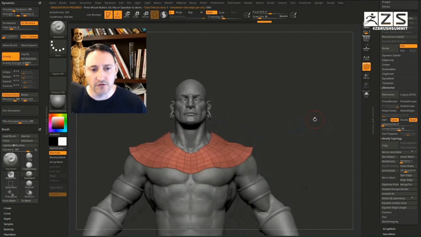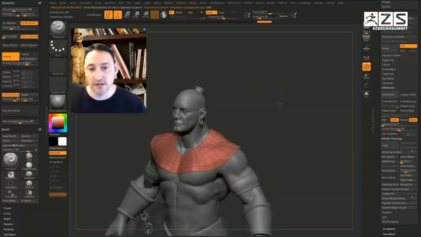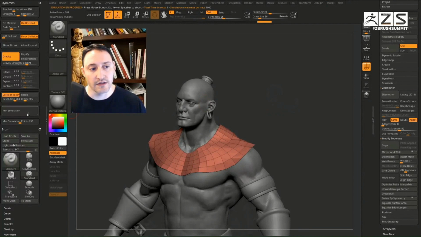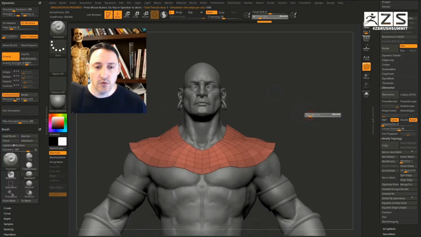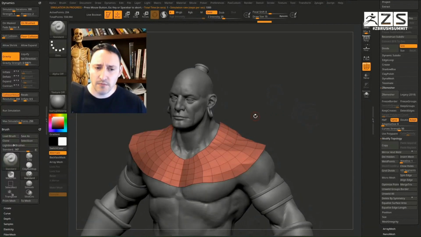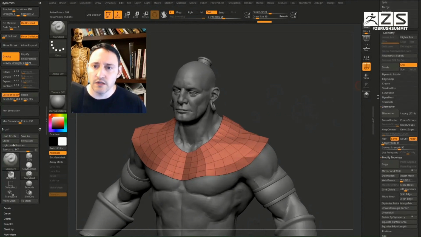Now it'll fall a little bit closer to his body. Now to stop the simulation, I just clicked in my document and moved, or you can just click that button again. So now we have the beginnings of our cloth. It's a little bit low res, but that's okay, because what we can do here is we can go in